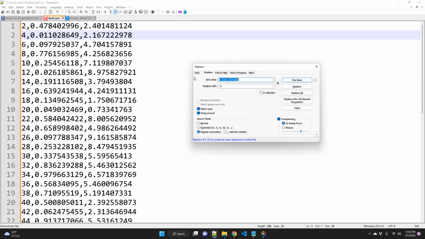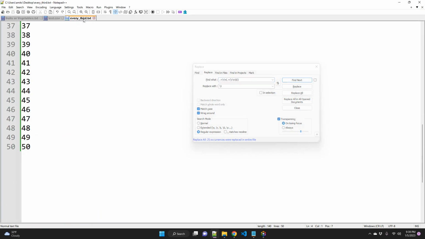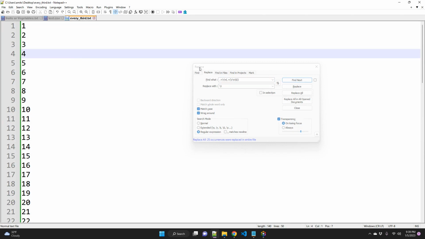Okay, so let's try one more, and this is every third line, right? So we can extend this to select every third line or every fourth line and so on. In order to do that, all we have to do is add another line here. I'll keep this because this actually signifies the first line. So if I copy, Control C, and paste it here again, and if I do find,